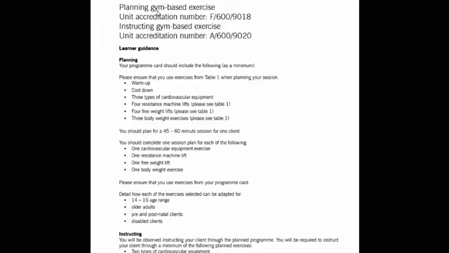Also, you should have probably started revising for A&P and the principles of fitness, because that knowledge is going to help you to design a well thought out session for your client. And really, before we kick off, I want to give you a bit of an explanation about planning and why it's so important, because if you can't plan, then you're going to struggle to make a career as a trainer or as a personal fitness instructor, because the way you plan and what you get your clients to do and the sessions that you get them involved in is ultimately going to determine what kind of results they get.